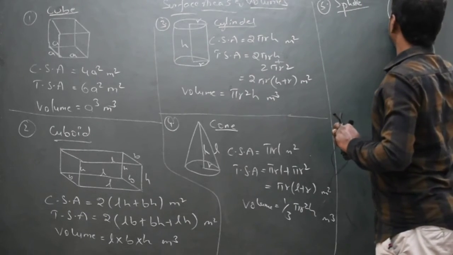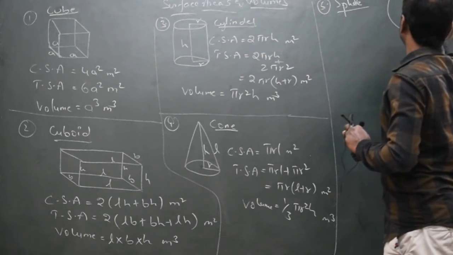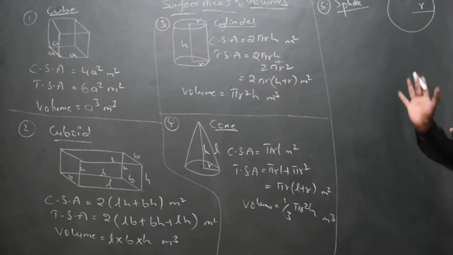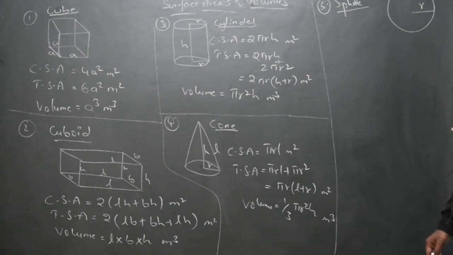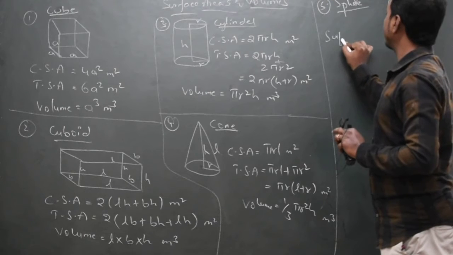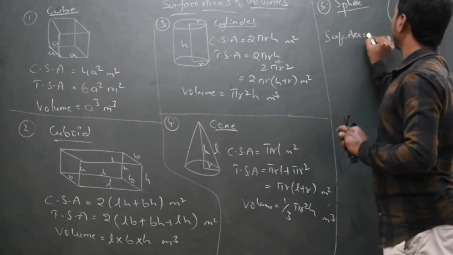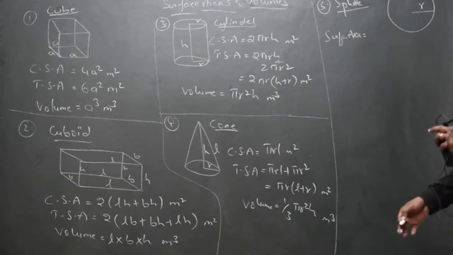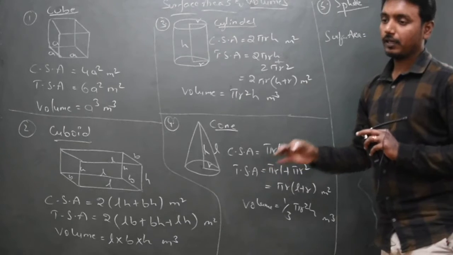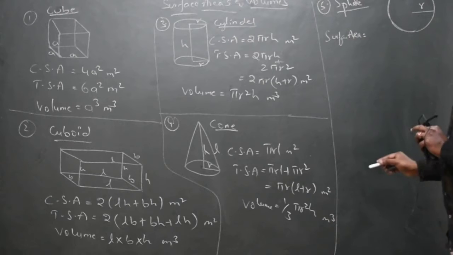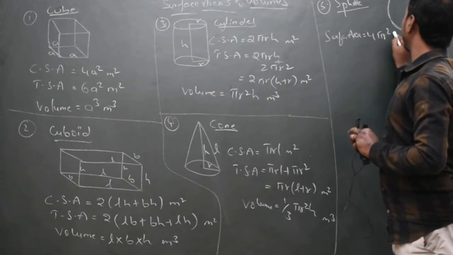What is a sphere? You can see? Right? Yes. Okay, you can see now this part. So this is a sphere. Shot put. Your shot put is a simple sphere. Okay, right? Now here you have just surface area. You don't have curved or lateral. Sorry, you don't have curved surface area or total surface area. Why? Because you don't have anything division like this now. It's totally one surface. Okay. So that is given as 4 pi r square meter square.